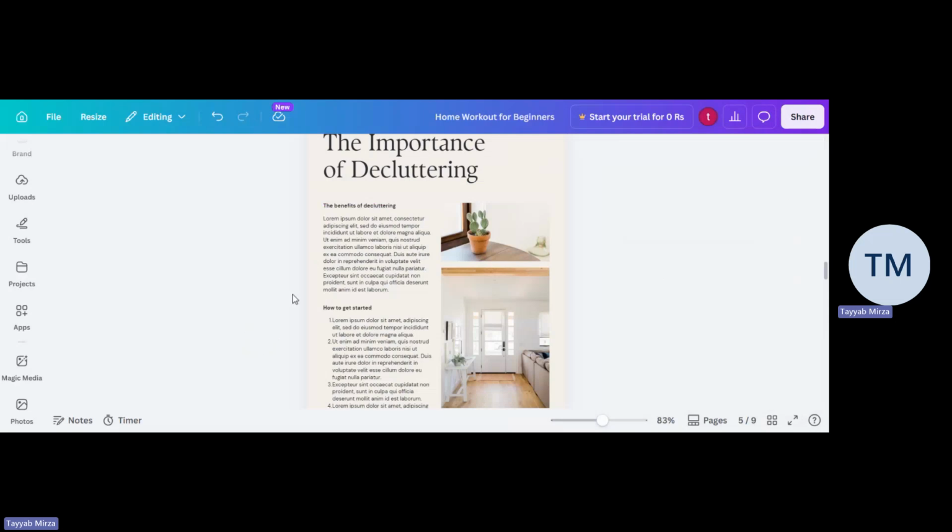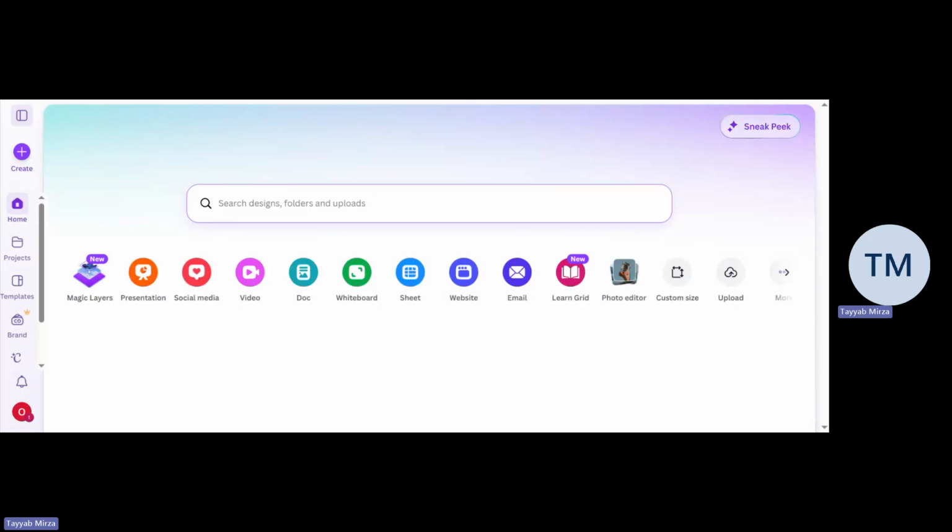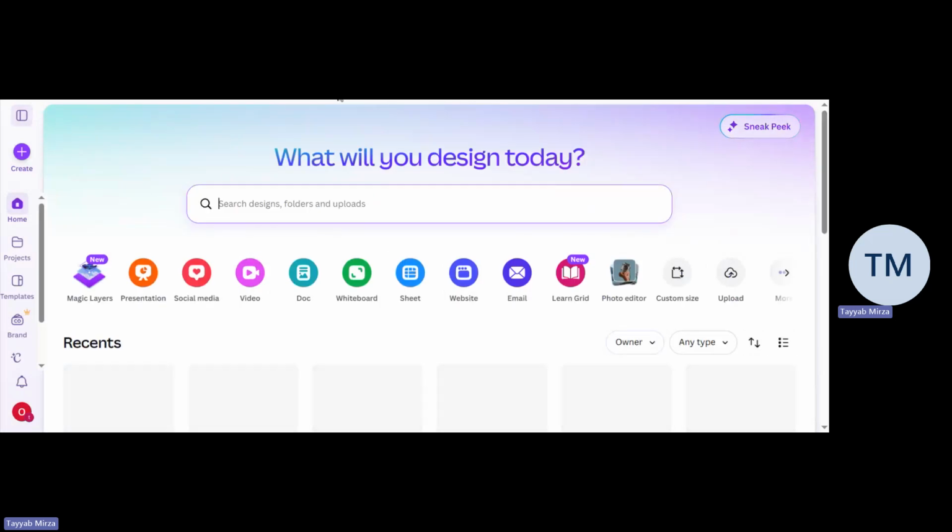Very easily. So this is how, guys, you can create a lot of things with the help of Canva in terms of online courses, digital books, planners. There are a lot of things that we can do, right? So hope you guys have learned